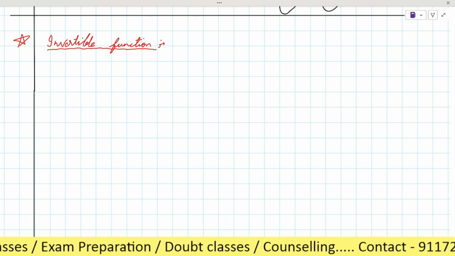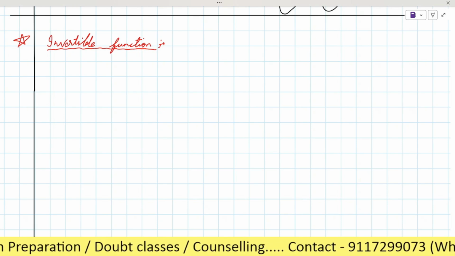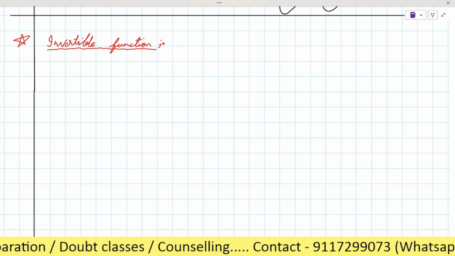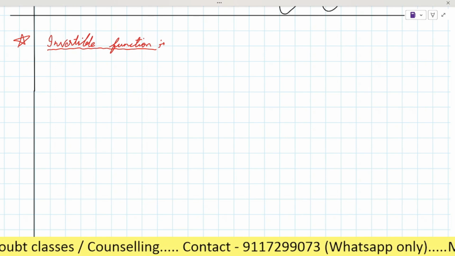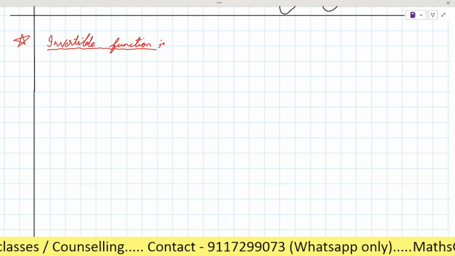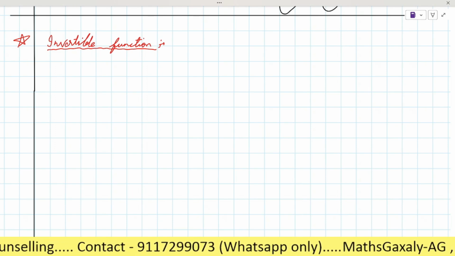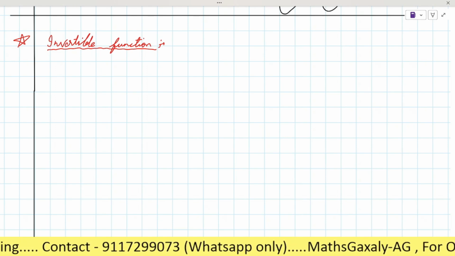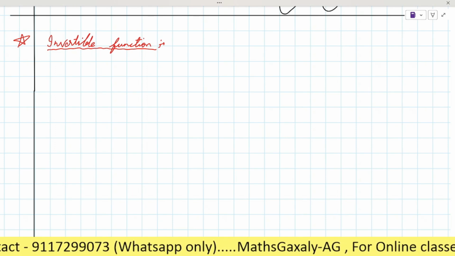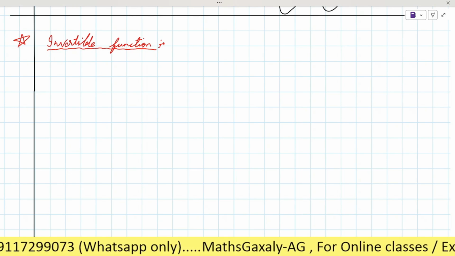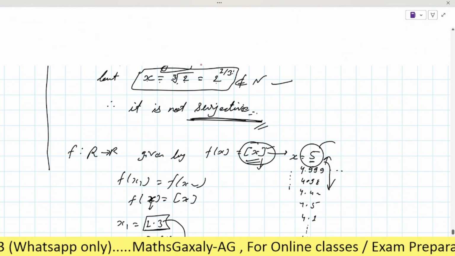As we already know about the function, now after that we learn about composition of function. In the name, the meaning is already hidden. Composition means we have to compose two different functions. Suppose there is a function from set A to B, and another function from B to C. When we compose these two functions, we have to find a function from A to C. Is it clear? We learnt this in yesterday's class.